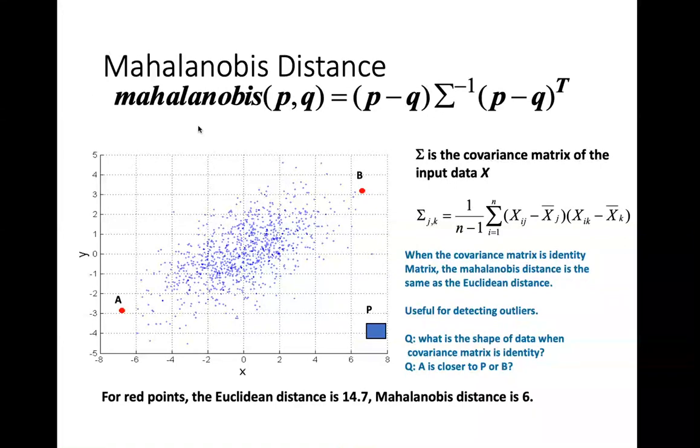Here you can see that the distance between any two objects P and Q is found by this formula, wherein sigma is referring to the covariance of the input data.